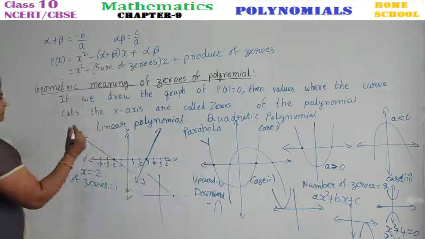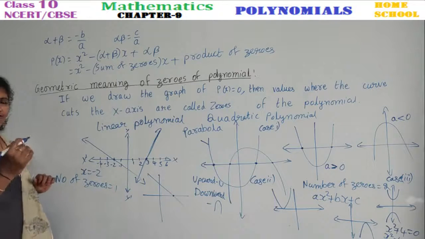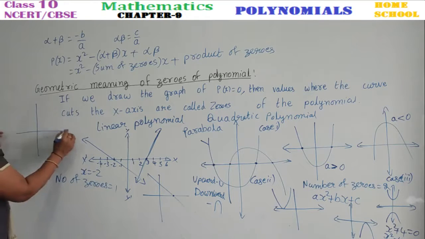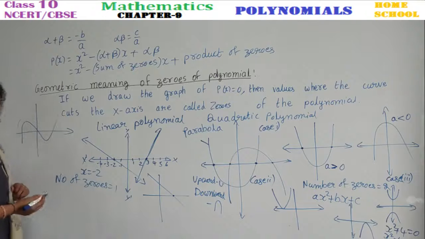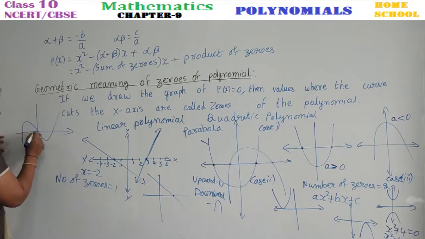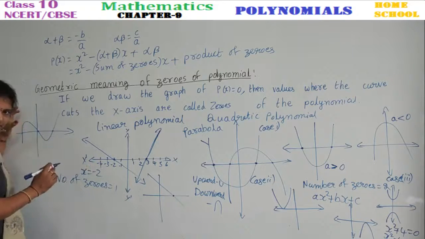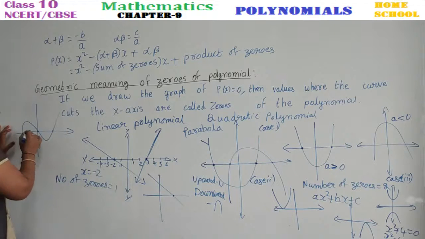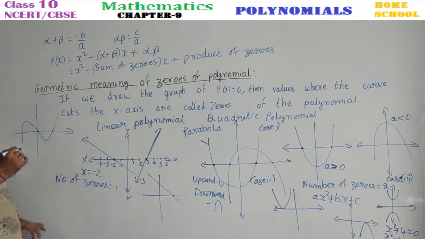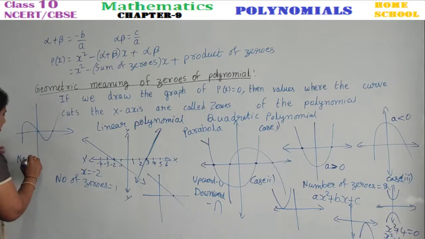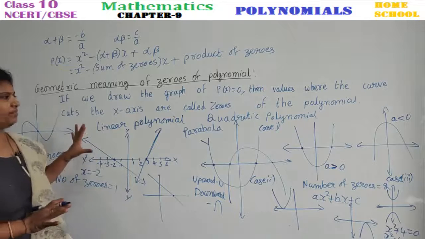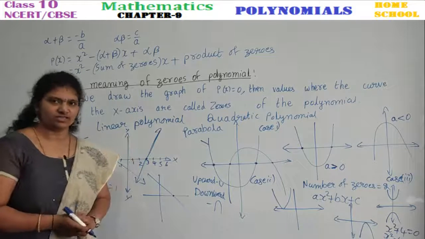And now, how will the graphical representation of a cubic polynomial be? You can see the graph will be like this. It touches the x-axis at three points. In this graph, see here, what does this polynomial do? It cuts the x-axis at three points. So we say that the number of zeros is equal to 3. Right? Just by seeing this, you can identify the zeros.